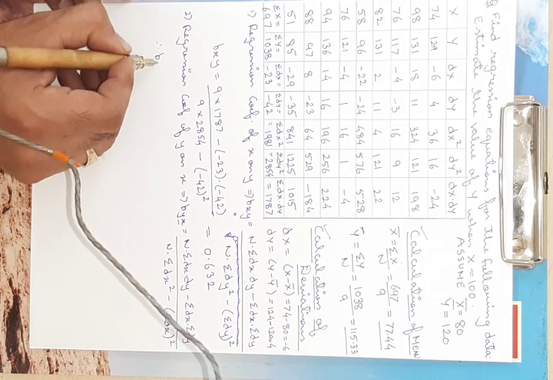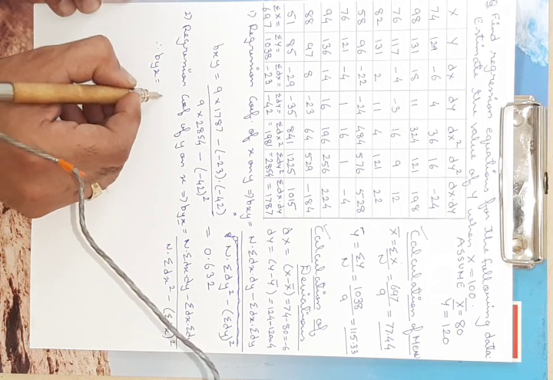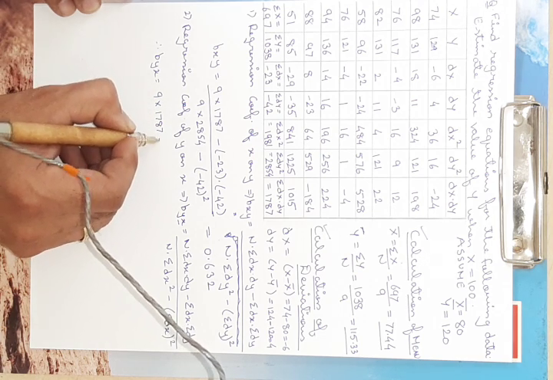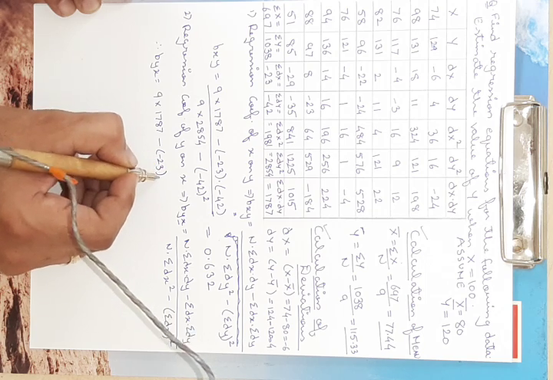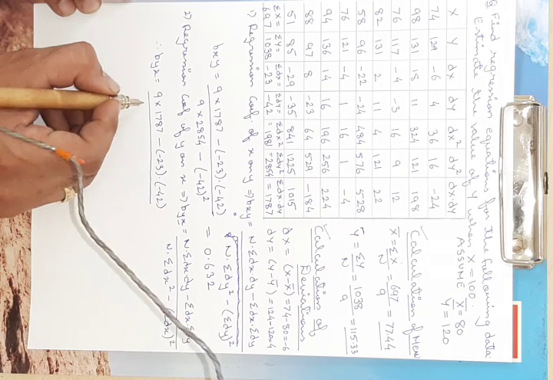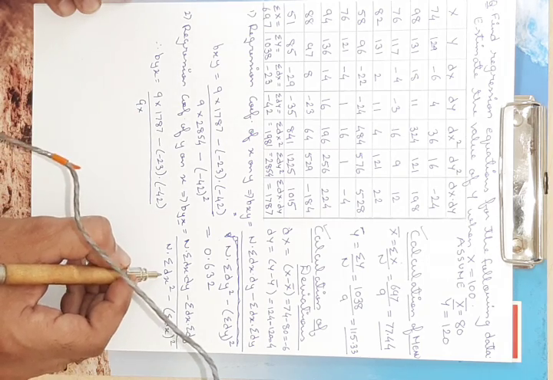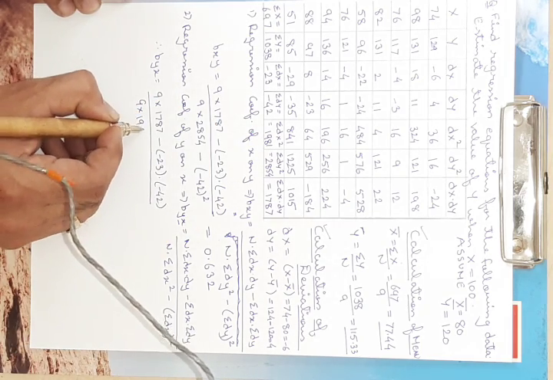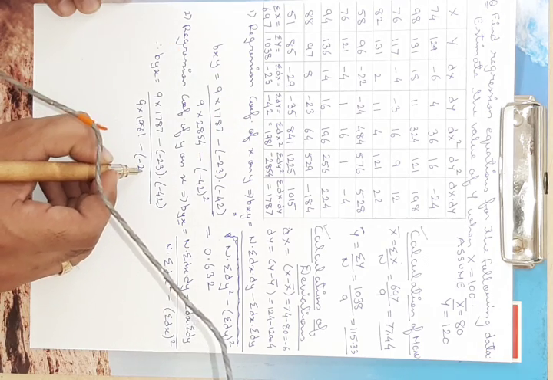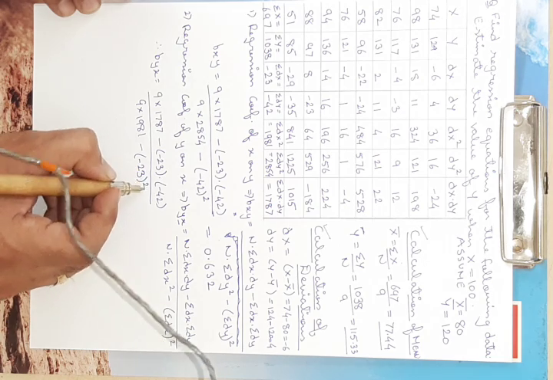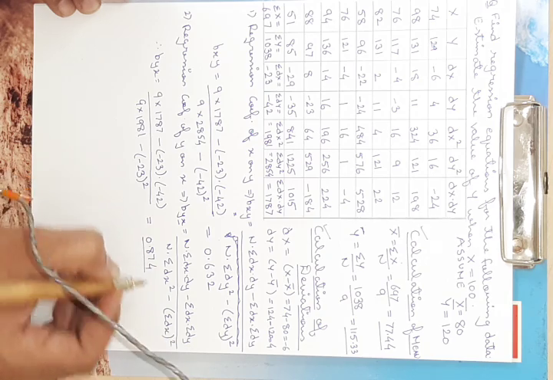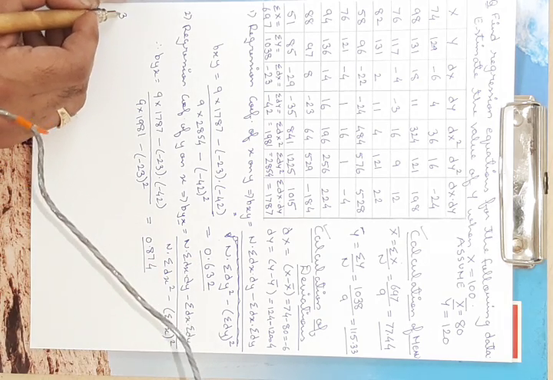Therefore, the value of byx is equal to n, that is 9 multiplied by summation of dx, that is 1787, minus (minus 23) into (minus 42), divided by 9 into summation of dx square, which is 1981, minus (summation of dx) square, that is minus 23 whole square. So the value of this comes out to be 0.874. This is one value, this is second value. Third is we need to find out